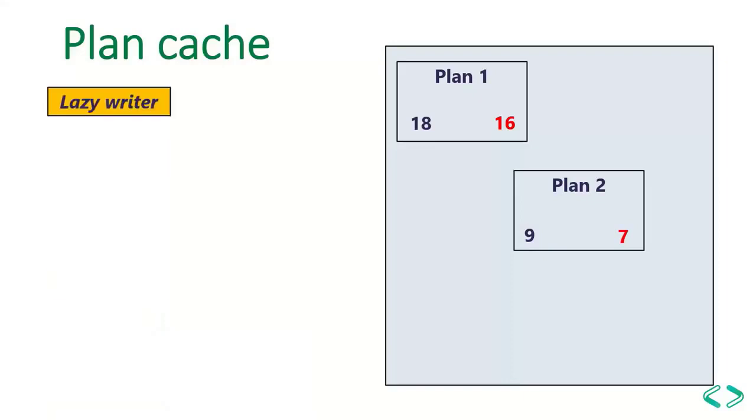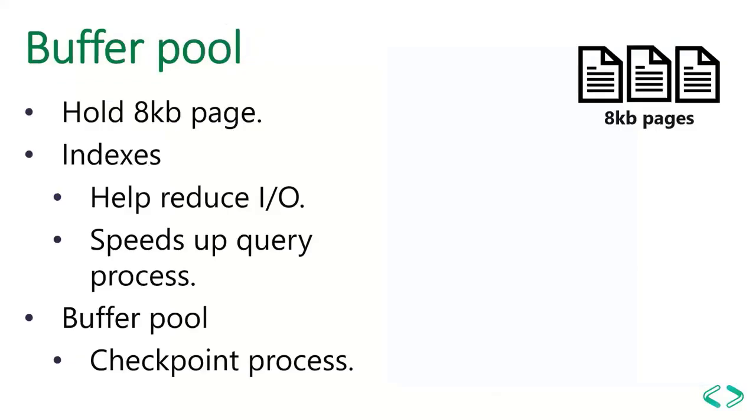In the very next minute, the lazy writer will kick back in again to see if there are any least recently used execution plans. In our example, the plan 2 will be used. So what the lazy writer does is, it will go ahead and change the plan 2 complexity countdown value to its original value, which is 9. So that's how the plan cache gets managed by lazy writer and the ghost cleanup.